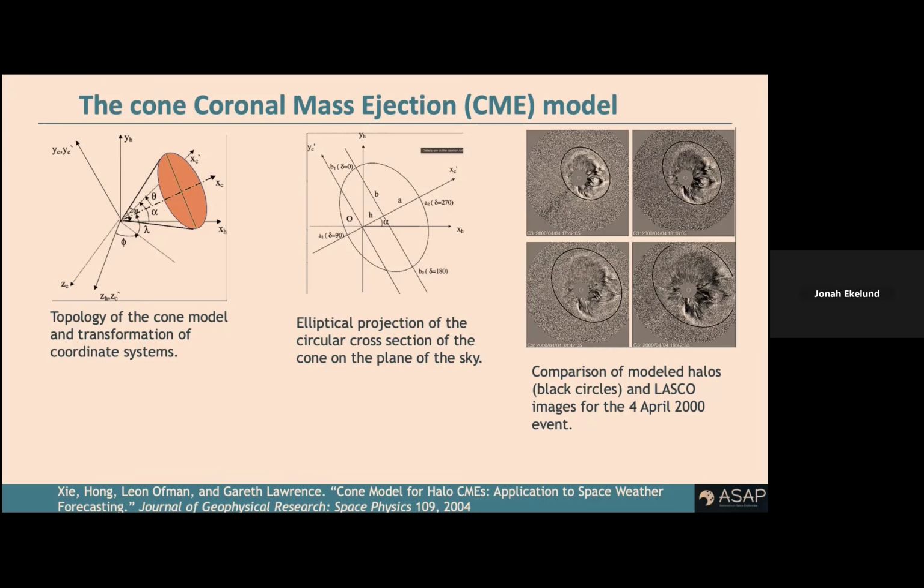But you can see that it's a very difficult problem because you're looking at some dense plasma and you're looking at the projection, so there are projection effects. So your estimation of the parameters is going to be imprecise. So it's interesting to know how the forecast depends on those parameters. In fact, what people often do is run an ensemble of models where they vary these parameters. And here there are at least 5 parameters that you have to vary, and 5 parameters is not small. As the complexity of your CME model increases, it becomes a high dimensional problem. So there must be some ways we can reduce this.